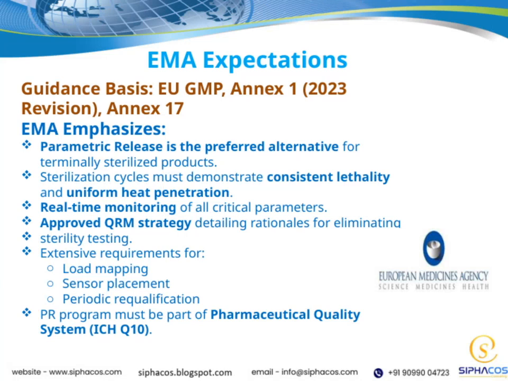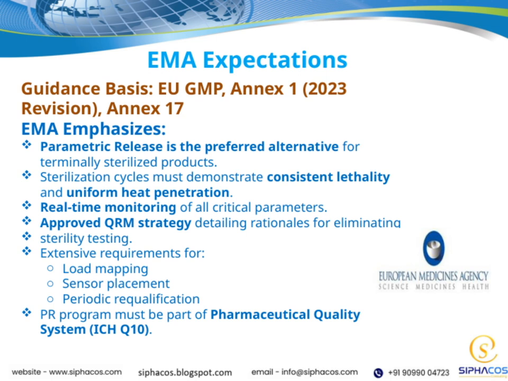As you can see, it's rooted in EU GMP, specifically Annex 1 from the 2023 revision, and also references Annex 17. The EMA emphasizes that parametric release is now considered the preferred alternative for terminally sterilized products. This approach relies on demonstrating consistent lethality and uniform heat penetration during sterilization cycles, rather than traditional sterility testing. A critical aspect is real-time monitoring of all key parameters, which ensures that every cycle maintains the necessary control and